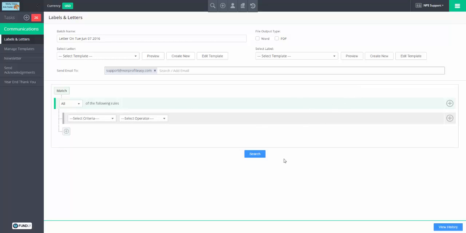Labels and letters is a built-in mail merge. It's good for officially any size mail merge, but a lot of times I find organizations use it for things under 10,000, for example something in the 1,000 or more or less range. Basically, it works very similar to newsletter. You'll set your batch date, a batch name for internal use, and pick your file format. Be aware labels can only be generated in PDF, so keep that in mind. Select your letter template,